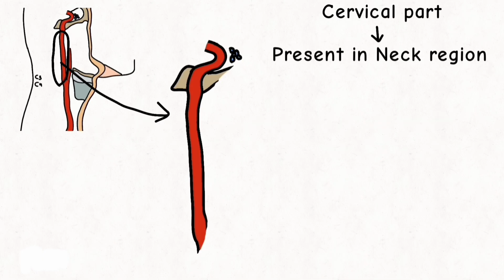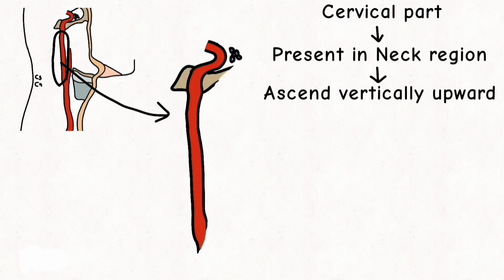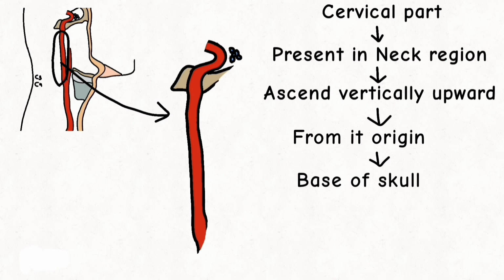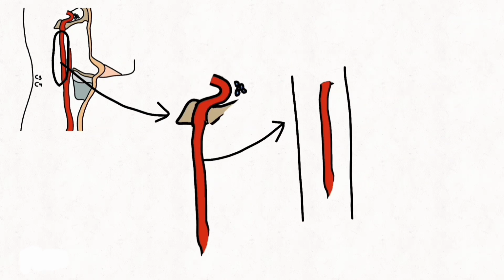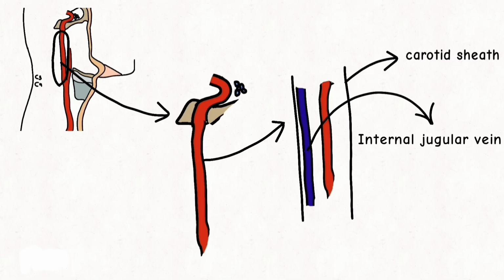Cervical part starts its journey in the neck region, goes straight up from the common carotid artery and reaches the base of the skull. Internal carotid artery walks up in the neck wearing the carotid sheath. What is inside this carotid sheath? You know that laterally there is the internal jugular vein, and posterior to the internal jugular vein and internal carotid artery there